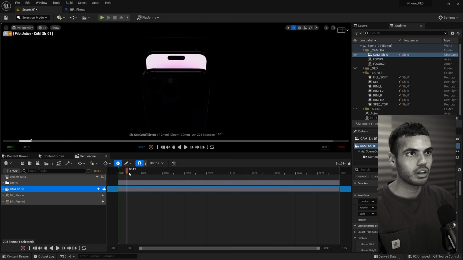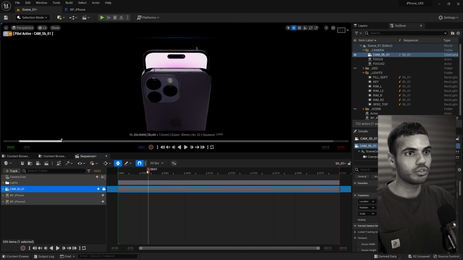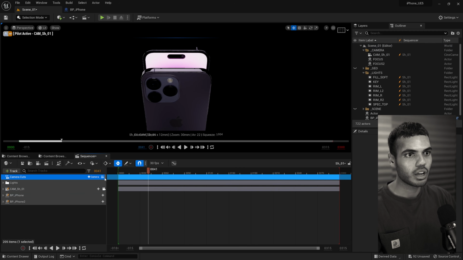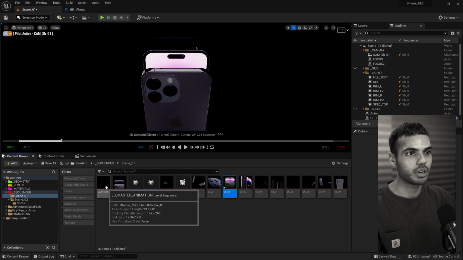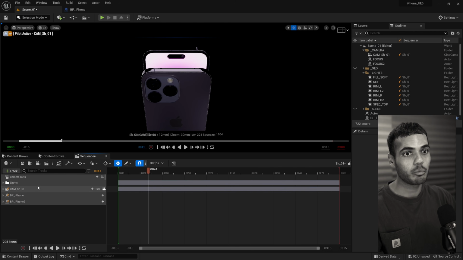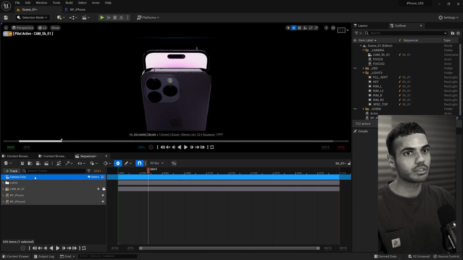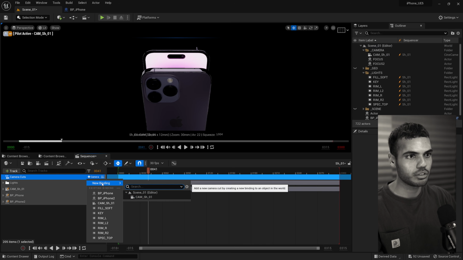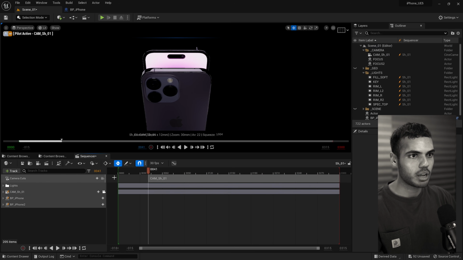So I can go to it here, but you definitely want it in the camera cut. Otherwise it won't show up in your master sequence. So make sure you have a camera as well as a camera cut track. So new binding, cam 01, and make sure it spans your entire timeline within your in and out points.